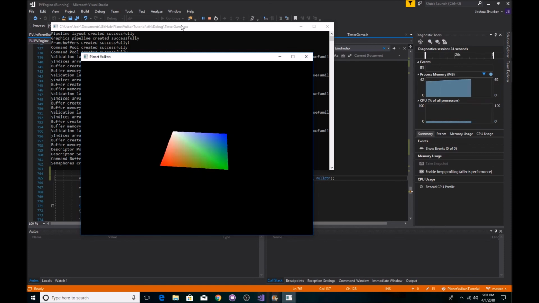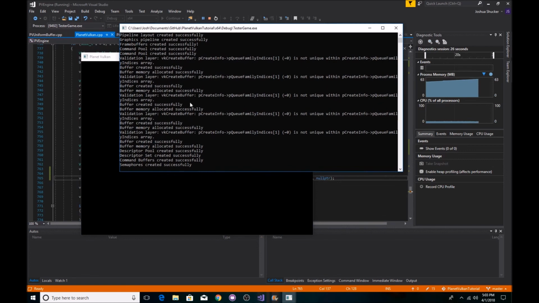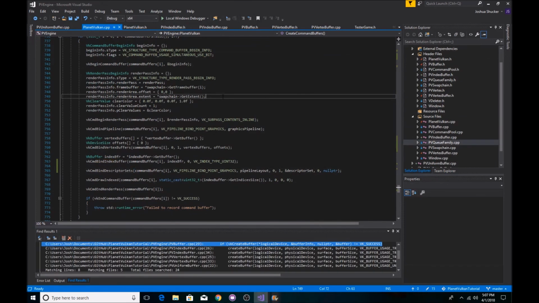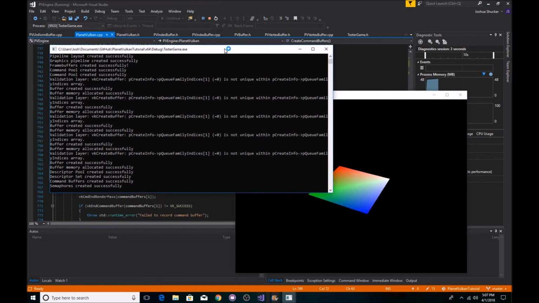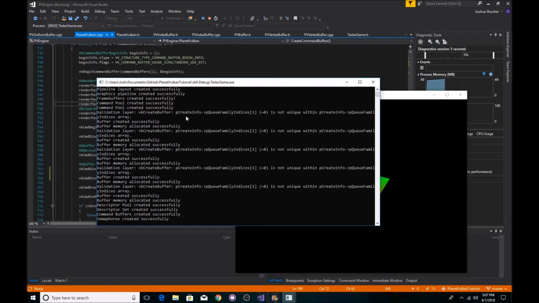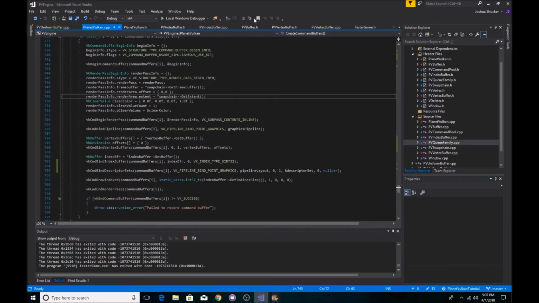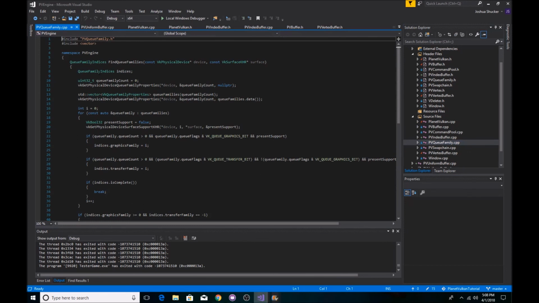The last thing, though, is I did promise I would fix this annoying little error here, so let's go ahead and take care of that now. To put it very plainly, this error that we're seeing here is actually very descriptive. What it's saying is that the Q families, like it says, are not unique. So what that means is if we go back to PV Q family right here,